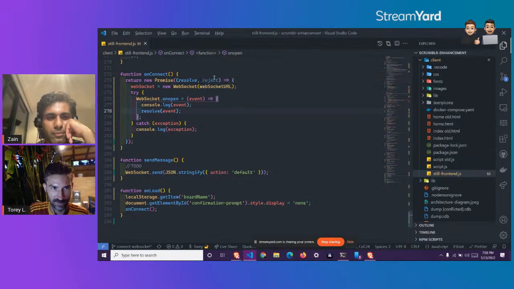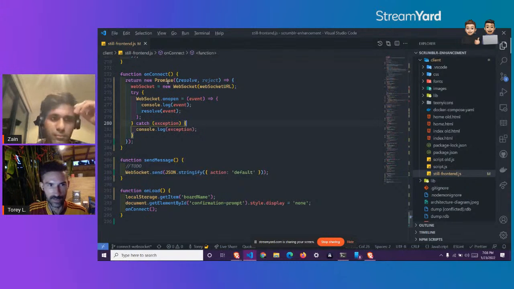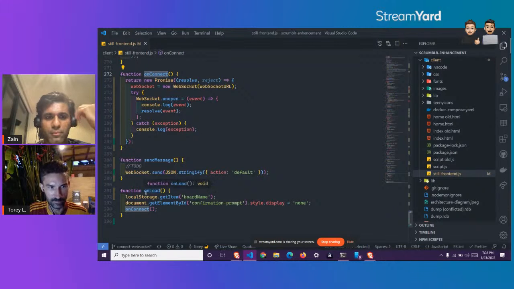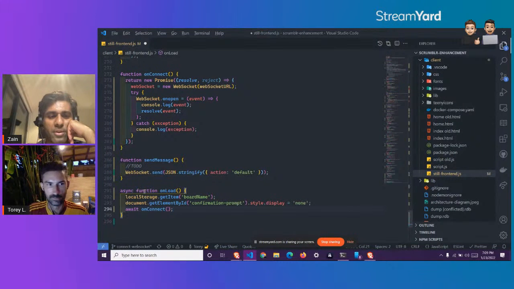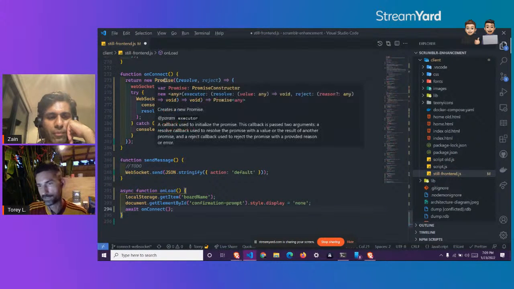So you have this resolve, and then for reject you would do some situation like the error. If you had an exception, you could reject on the error. So now, if I wanted to, I can make this function asynchronous, and then I can await this. Of course, because you're promising it. That's the whole purpose of this.